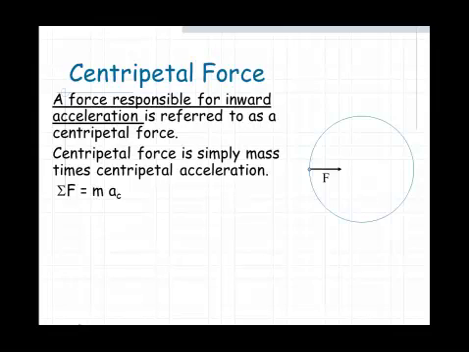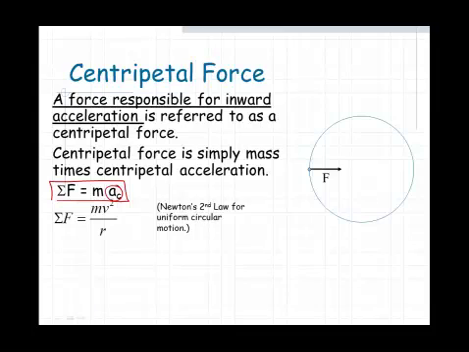A force responsible for inward acceleration is referred to as centripetal force. Centripetal force is simply the mass times the centripetal acceleration. So notice this is Newton's second law, and all we've done is replace acceleration with centripetal acceleration. Well, remember that the equation for centripetal acceleration is v squared over r. So all we have to do is replace the centripetal acceleration with v squared over r, and here is Newton's second law for uniform circular motion,